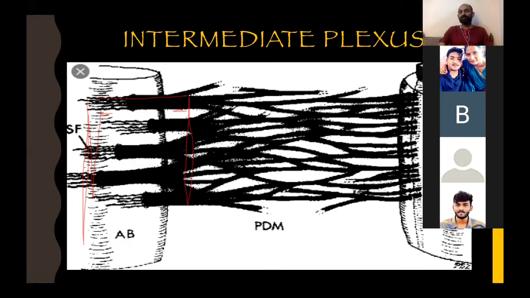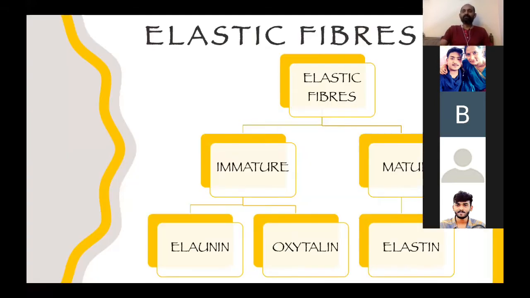Okay, so now we have gone through three different fibers. We have gone through collagen, in which we saw the different groups of principal fibers. Then we saw Sharpey's fibers. Now we are done with intermediate fibers. Now there are a few other fibers. You don't have to know much about these fibers, just the names are more than sufficient. Then there is another group of fibers called elastic fibers.